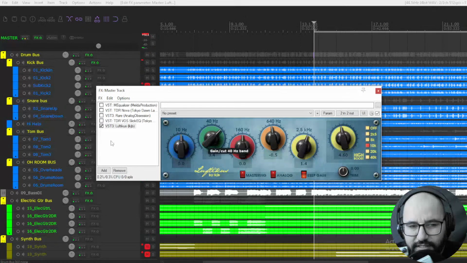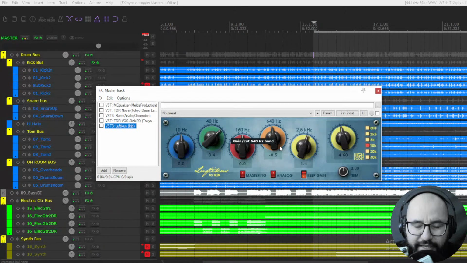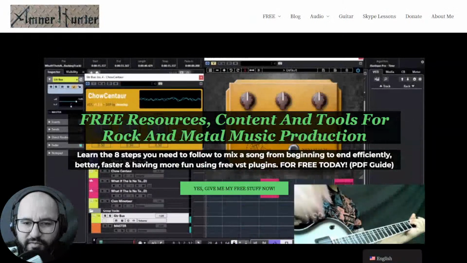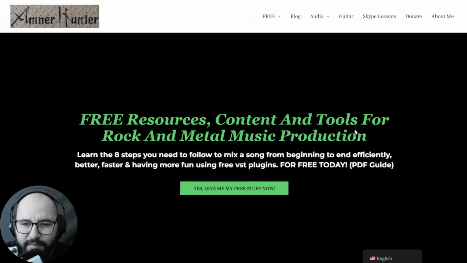Yeah, amazing EQ, and also you can use it on individual elements in a mix. Of course, there are no rules, but I use it mostly like the previous one on groups, buses, or on the mix bus. So yeah, there you go, my friend. Please let me know what you think of these plugins. I am very interested to know your opinions.